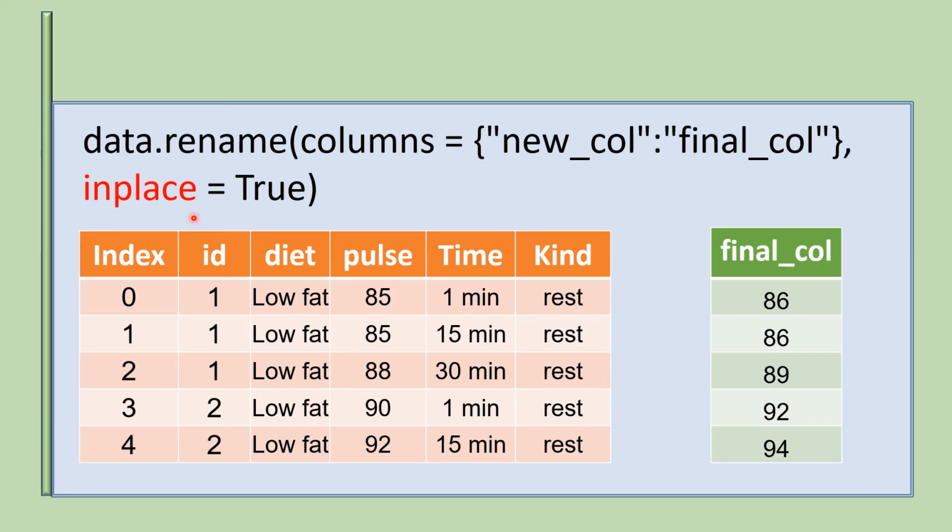One new thing that is visible here is the inplace parameter, and this inplace basically makes our move permanent. In order to exemplify this, I would request you to firstly not use the inplace parameter, come up with this function, and then again write data in your next cell. What you will realize is that this particular data frame will still be reflecting the old name. In order to make this move permanent, we have to use the inplace parameter and assign it the value as True.